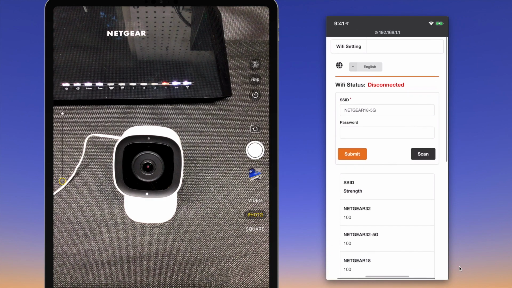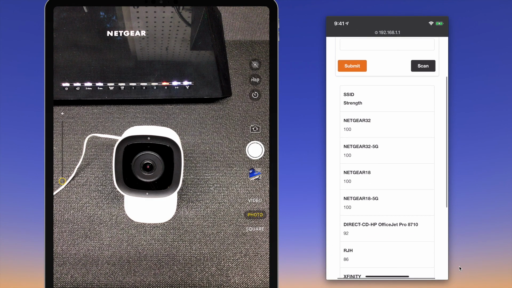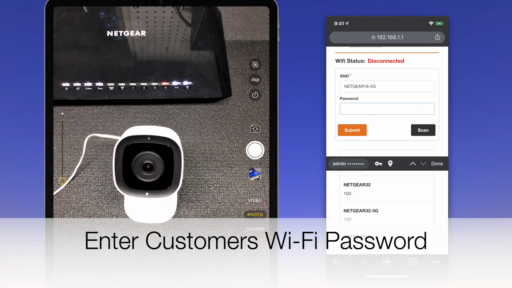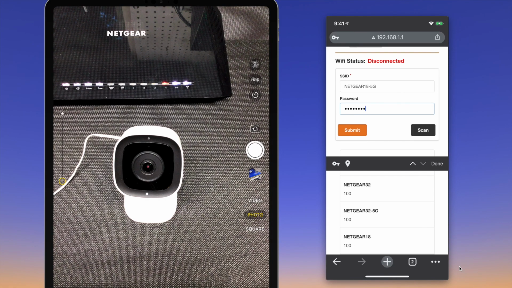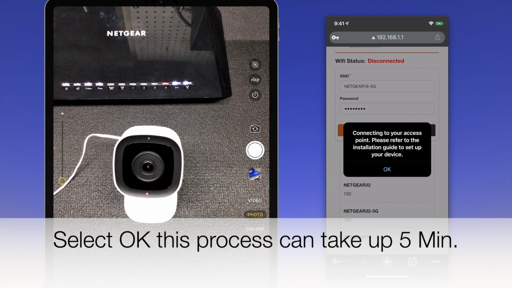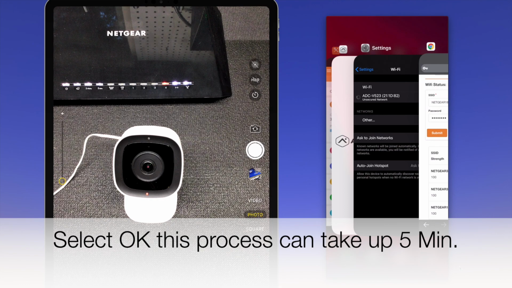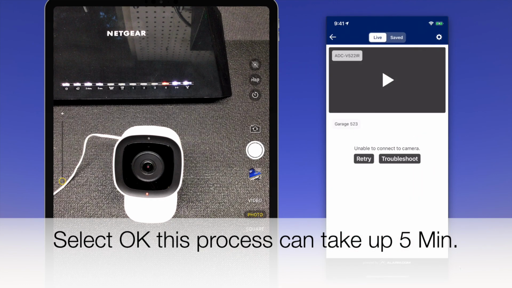Okay, then we look down below, and the Wi-Fi that we're going to connect to is the Netgear 18-5G. We'll select that, go back up and enter the password. Once you've entered the password, you're going to hit submit. So now if we watch the camera, I'm going to go back to the customer's app and we'll wait for